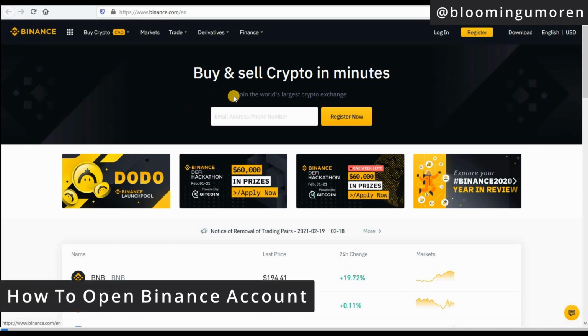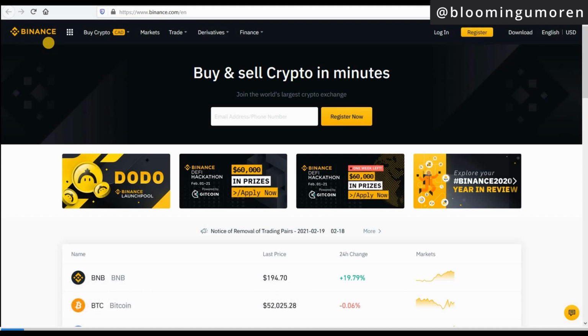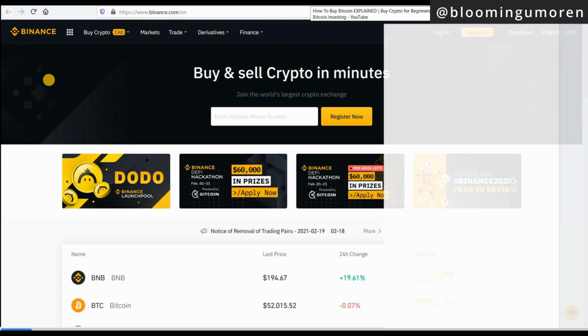Binance.com is the world's largest cryptocurrency exchange, and on this platform, you can literally buy and sell crypto within minutes. In today's class, I'm going to show you step by step how to open an account and also the documents that you need to provide for your account to be verified within minutes or in less than 24 hours. So let's get started. The first thing that you need to do is to scroll to the description in